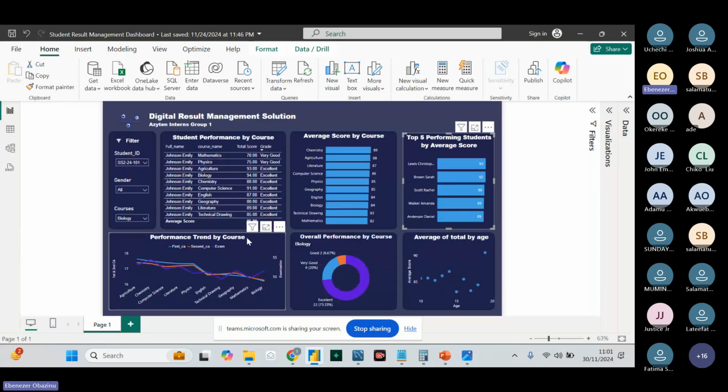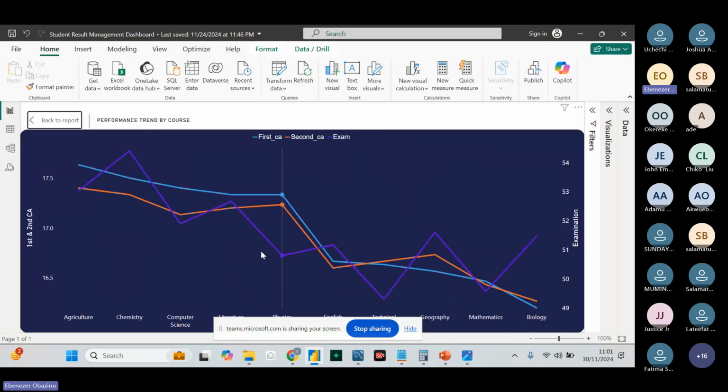And moving down, we have our performance trend by score. On the left y-axis, we have the first CA and the second CA, since the scores are the same, and on the right y-axis, we have their examination. You can see that overall,